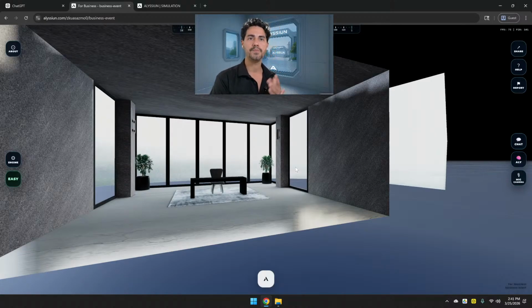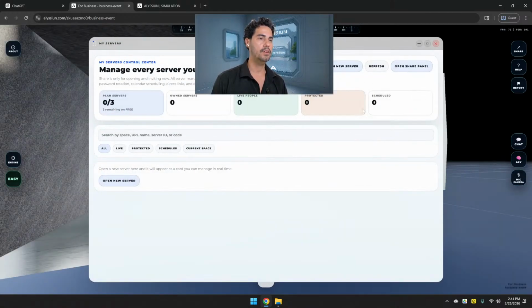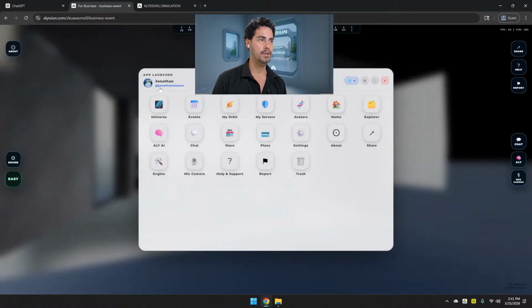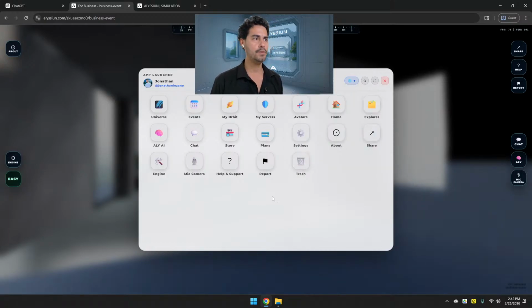And what more? At the top we have the ping and the FPS. You have everything here, the servers, where you can control the explorers. You can switch any avatar settings. Also, you can open websites. This one I need to improve because some websites work and many others don't. But that's no big deal. I'm going to fix it.